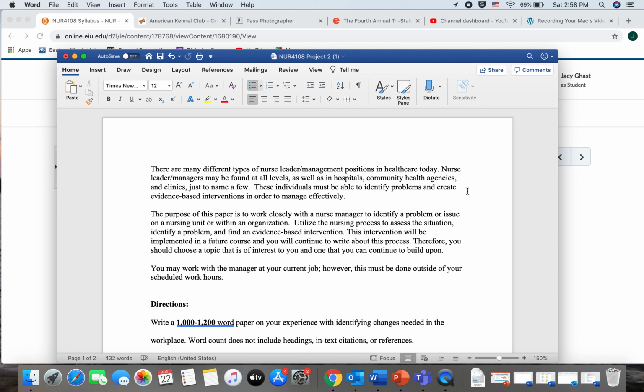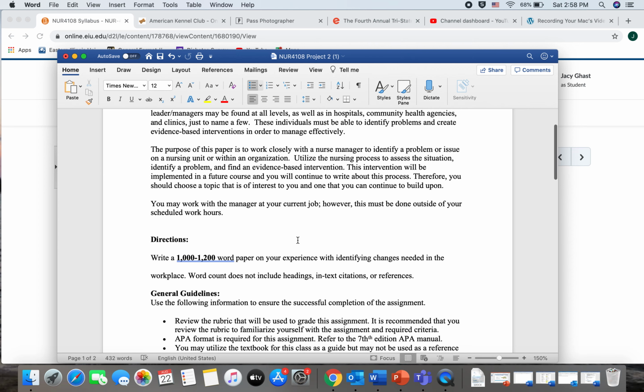So during this class, you're going to assess the situation. You're going to identify a problem and find a solution. But in another class coming up, you're going to implement that solution, and you're going to implement it with your nurse manager. So it's really important that you find something that you're passionate about. You find something that you could really work on and build on as well. So make sure you look at that week 6 project